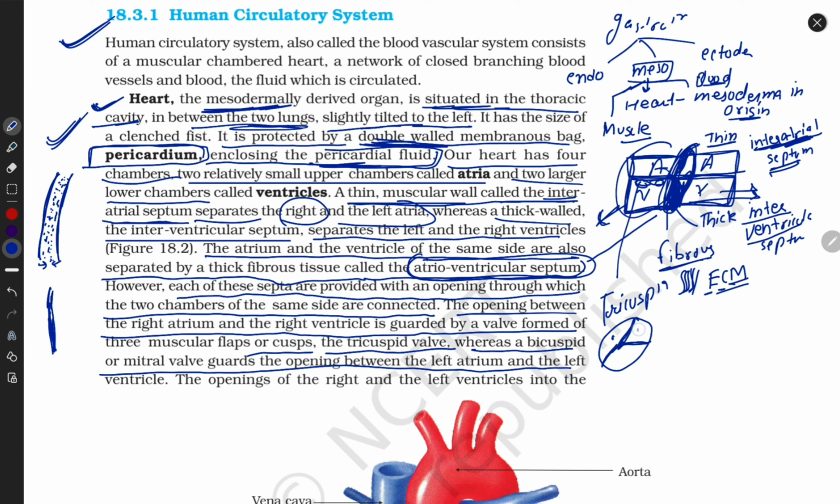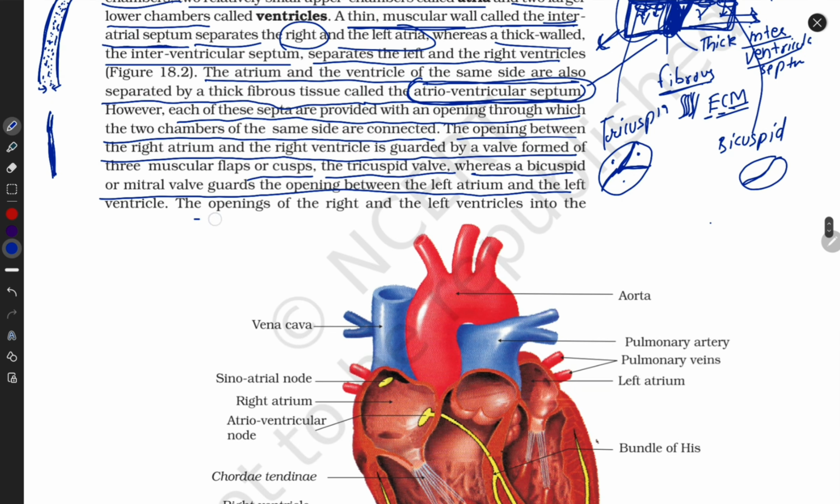Tricuspid. They open and blood goes down, and here also an opening is present. We can call it a bicuspid. They look like this, and they open like a gate, and blood flows from atrium to ventricle. The opening of the right and left ventricle, look at here, the opening of the right and left ventricle into the